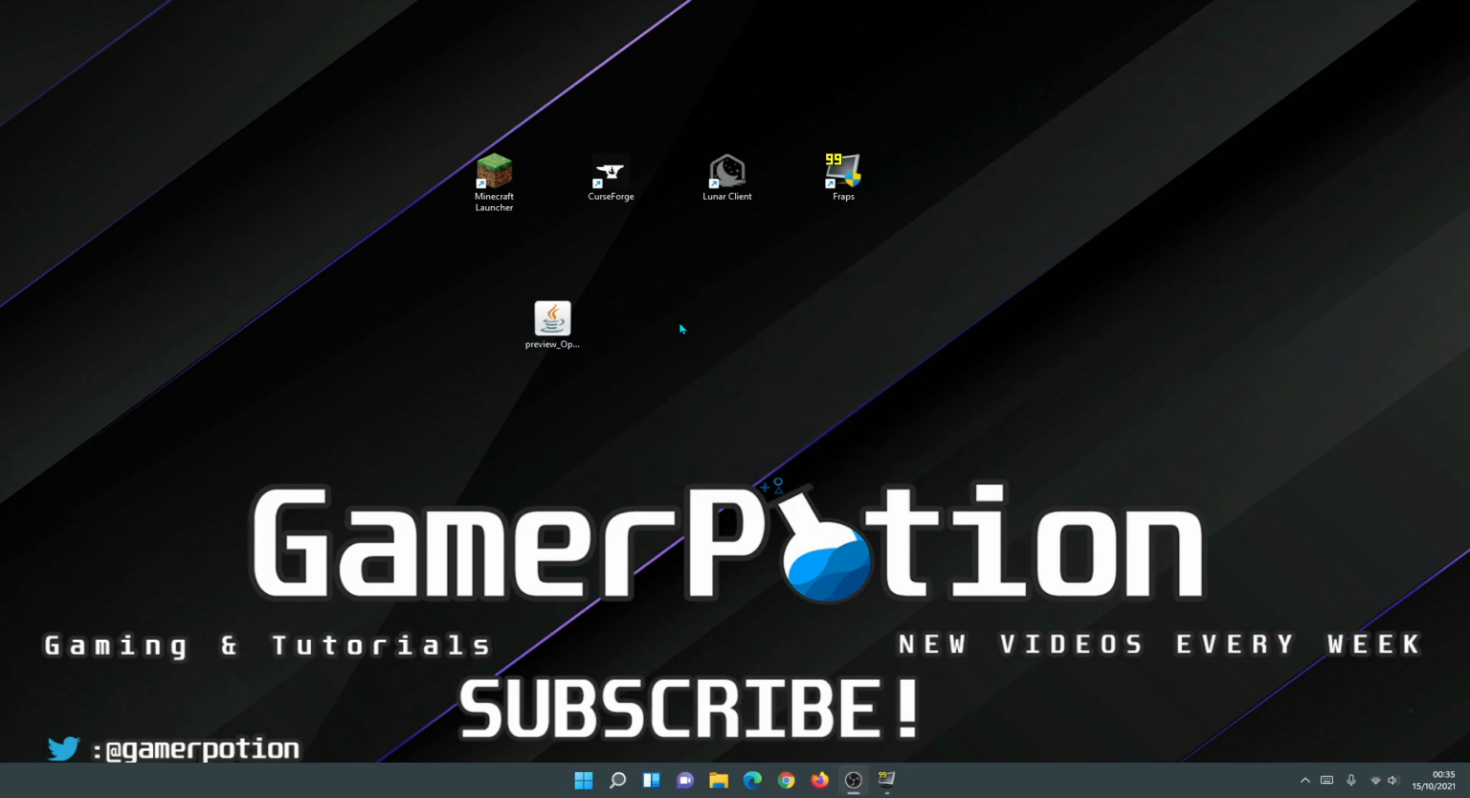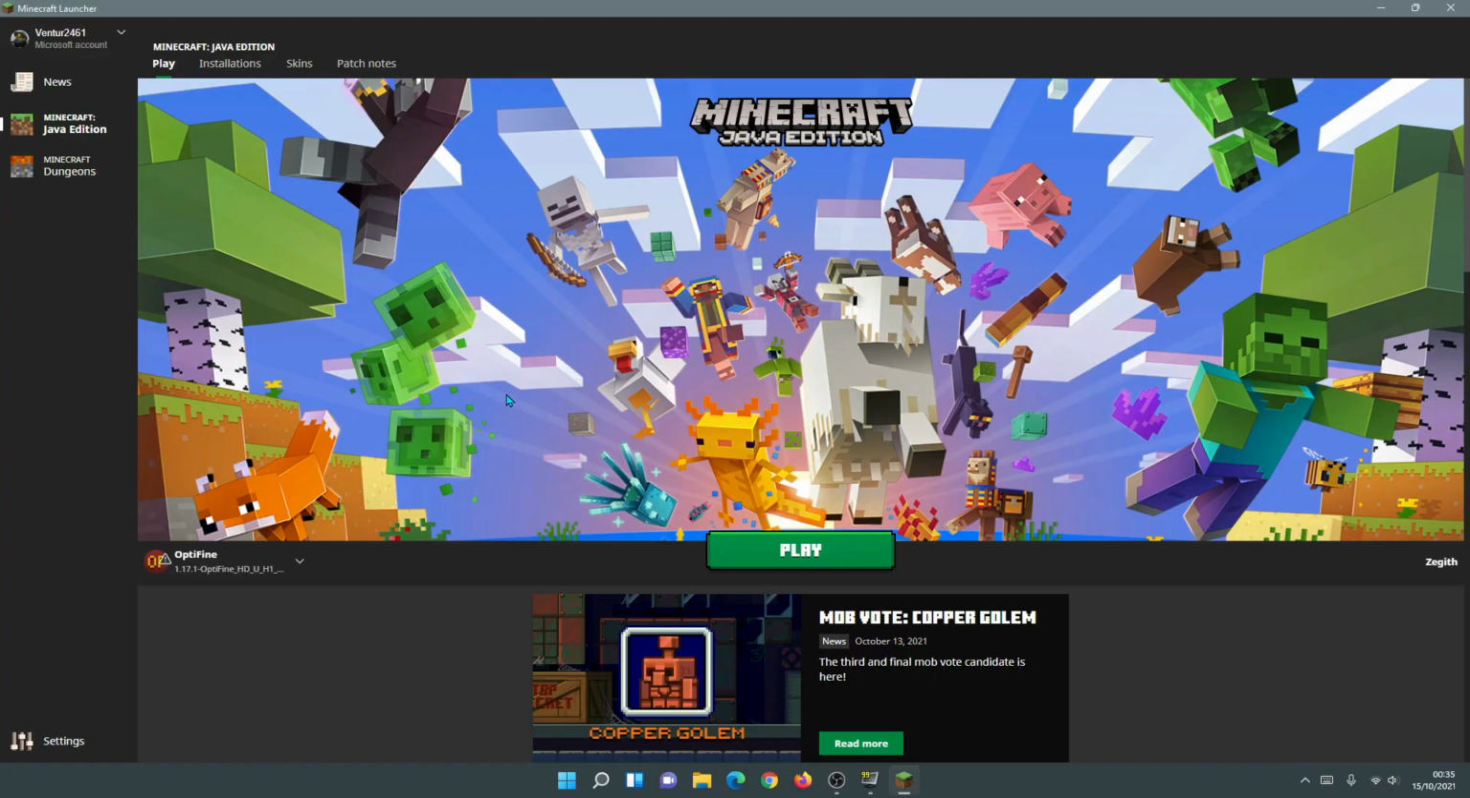Click on OK, and now we can actually delete this file. Let's highlight this file and hit delete. We can now go back into our Minecraft launcher. On the bottom left here, in the drop down, you will see a link that says Optifine